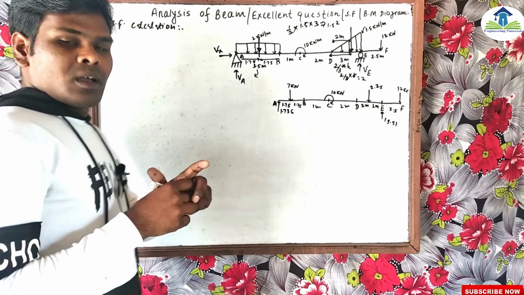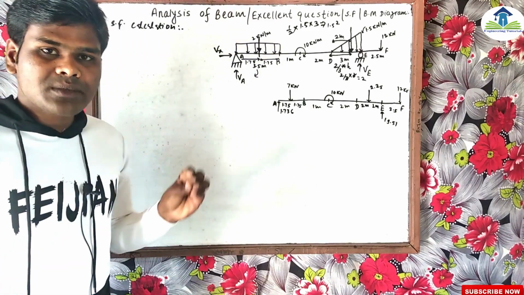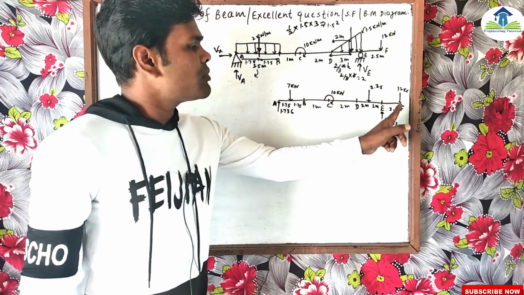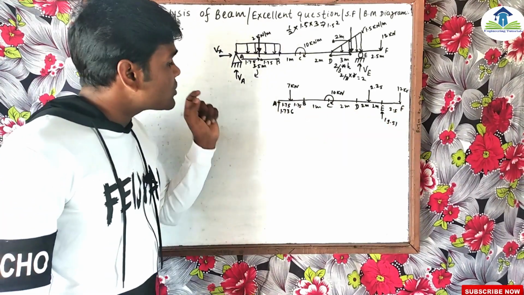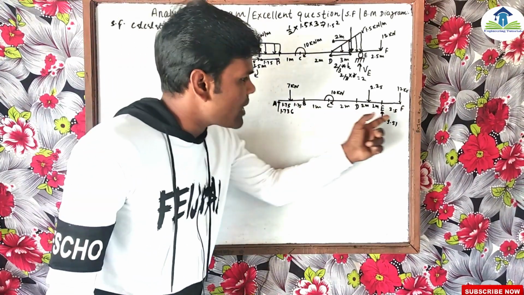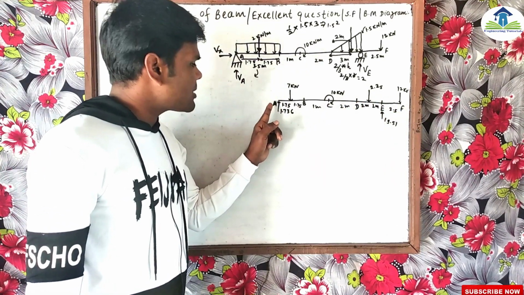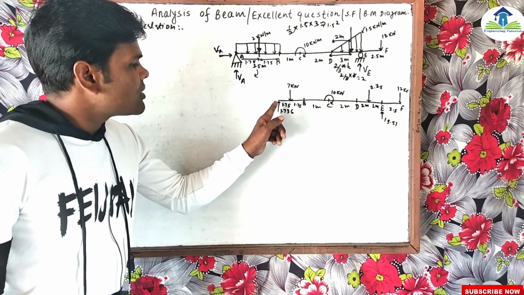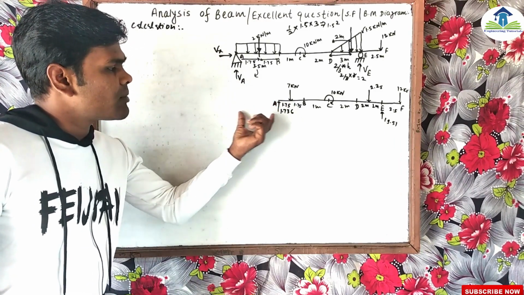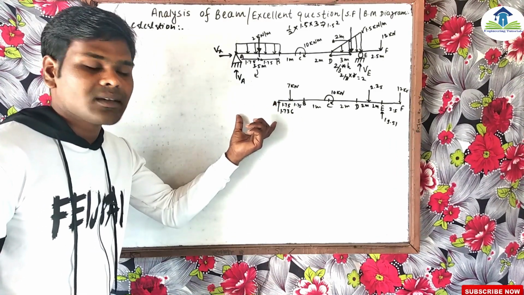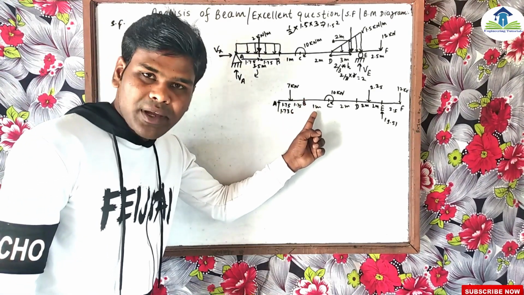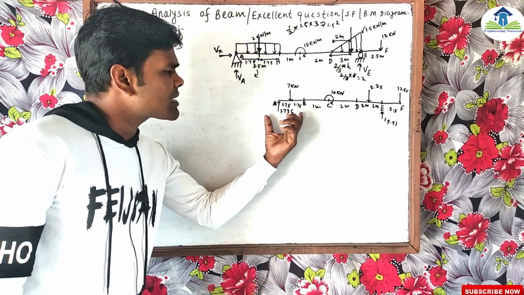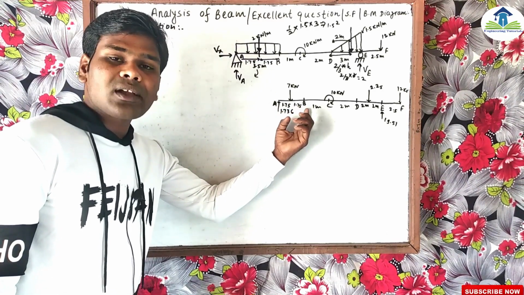I have told in the previous video that shear force is calculated point to point, from point A to F or F to A. I am going to calculate the shear force diagram from point A to F. If we calculate the shear force at point A, we look at what force is acting before point A on the left side. If we calculate it at point B, we analyze the total force acting before point B on the left side.